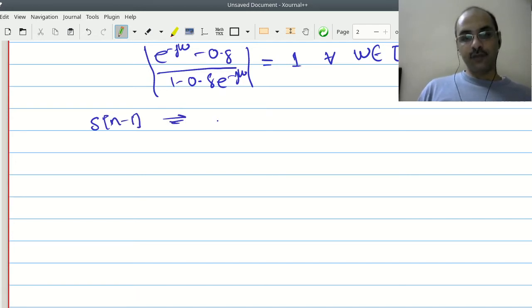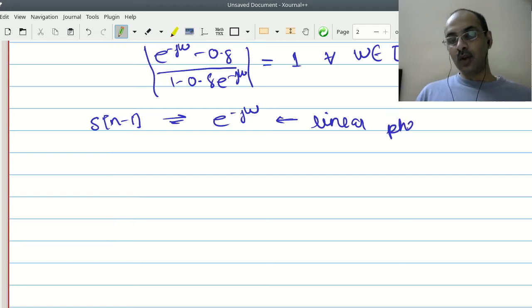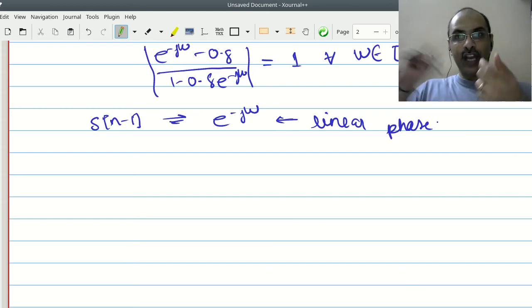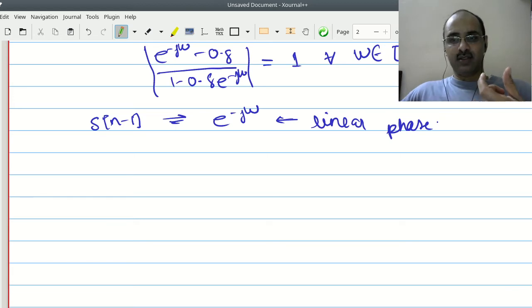Its magnitude response is 1 and the phase response is e power minus j omega. Notice that it is what is called linear in phase. What does that even mean? That means that the frequency omega naught gets a phase of phi of omega naught. The frequency 2 omega naught gets 2 times the phase. So what? It turns out that,